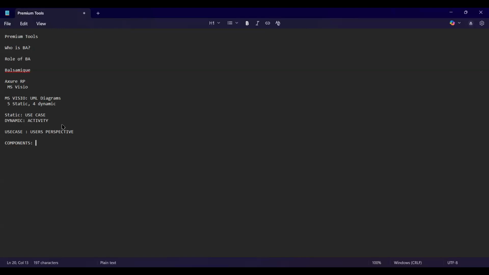Team, listen carefully about these components. Don't get confused whenever you are practicing with these components. Okay, so actors, use cases, relationships. We are having three types of relationships to draw this use case diagram, as I will show